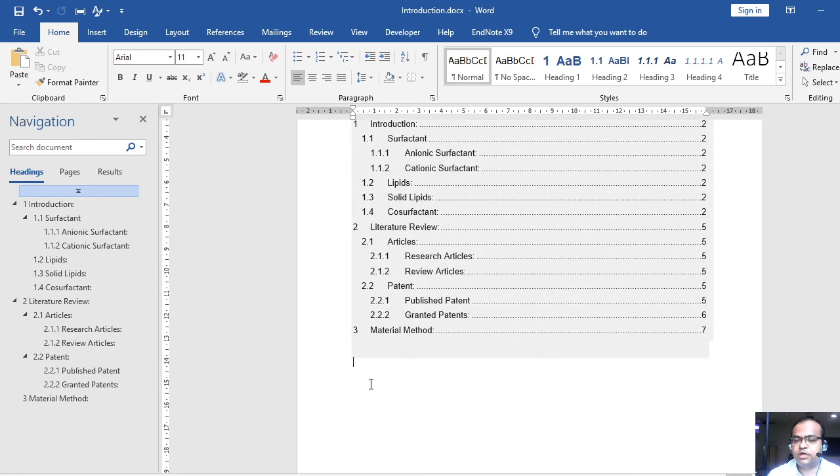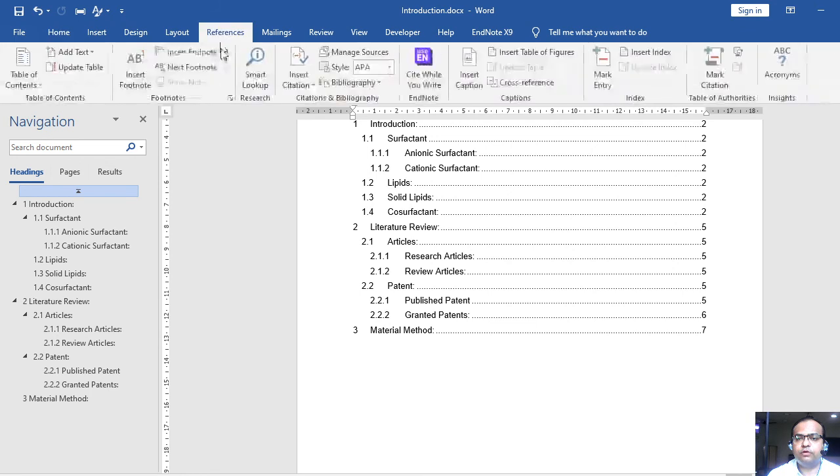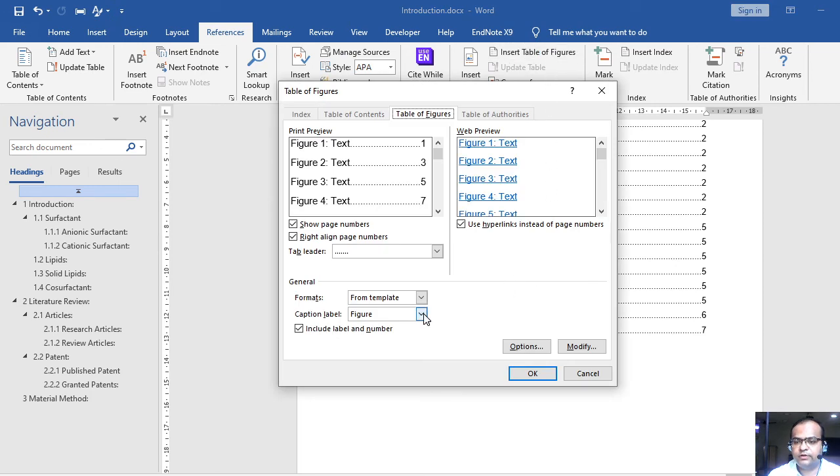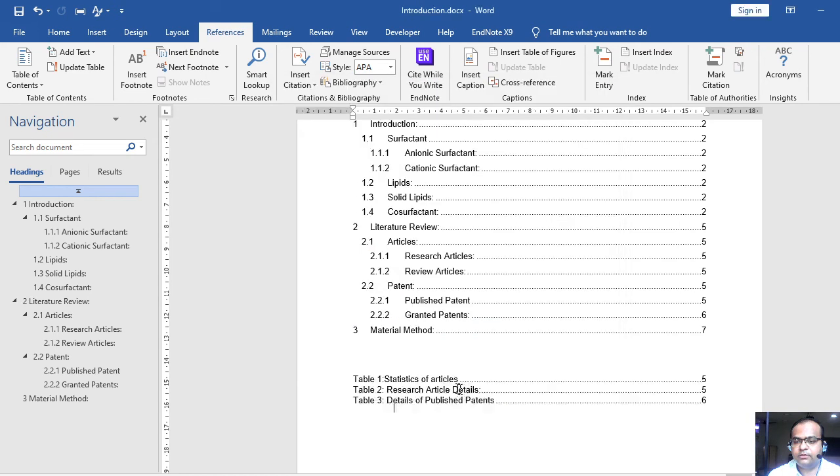So this is the charm of practicing this kind of formatting style. Now many times you also have to insert the list of tables and list of figures. In References there is an option called Insert Table of Figures. Select it, and suppose you want the list of tables, select Table and click OK.